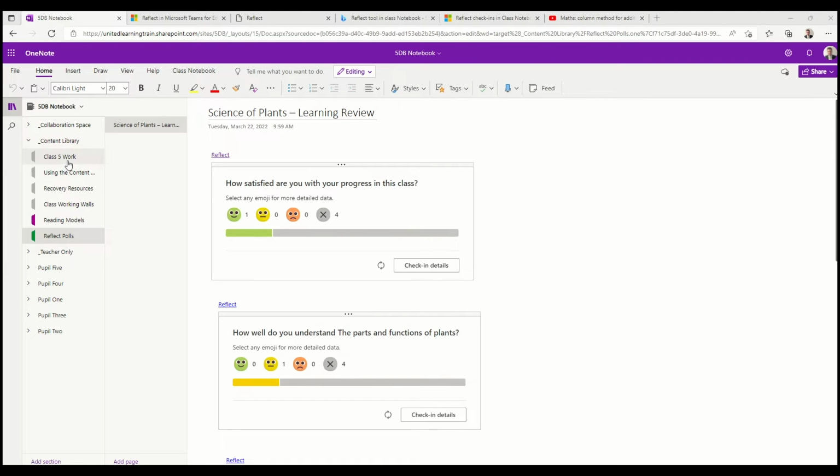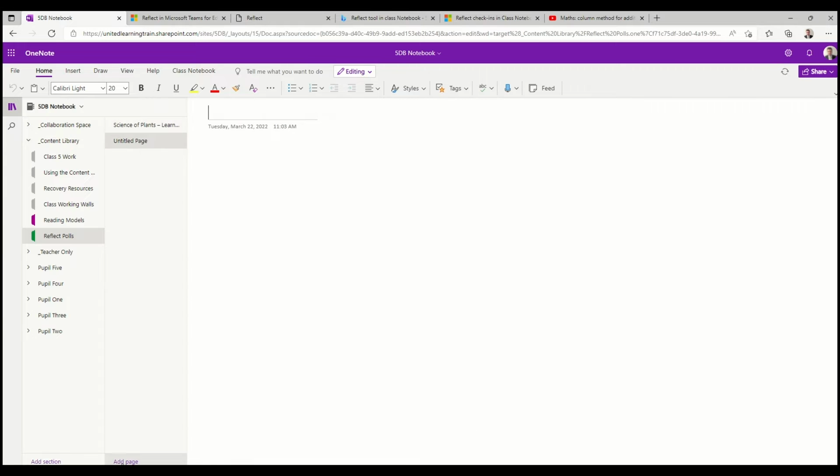So I've got my new section here called Reflect Polls. I created that by simply right-clicking and creating a new section. So I've got my section. I'm now going to add a page. You can see I've got a test one here called The Science of Plants, a learning review. Let's create a new page, this time for maths. I'm going to click on Add Page and we'll call it Column Edition